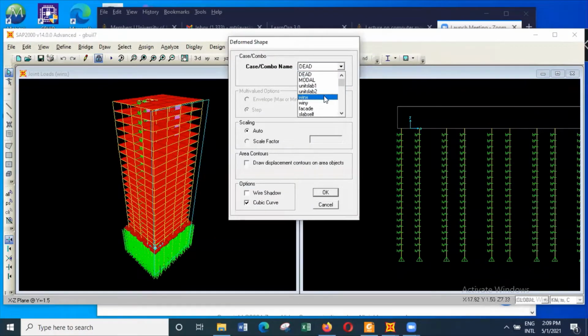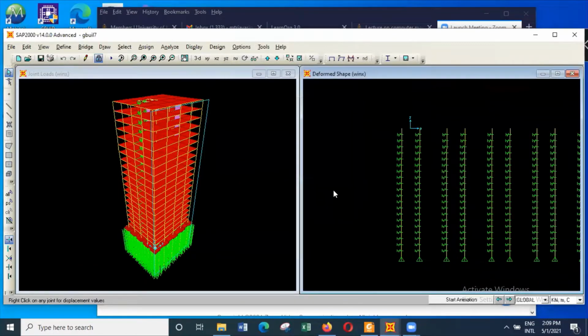So if you consider the deformed shape due to wind, you can see there can be small deformation,